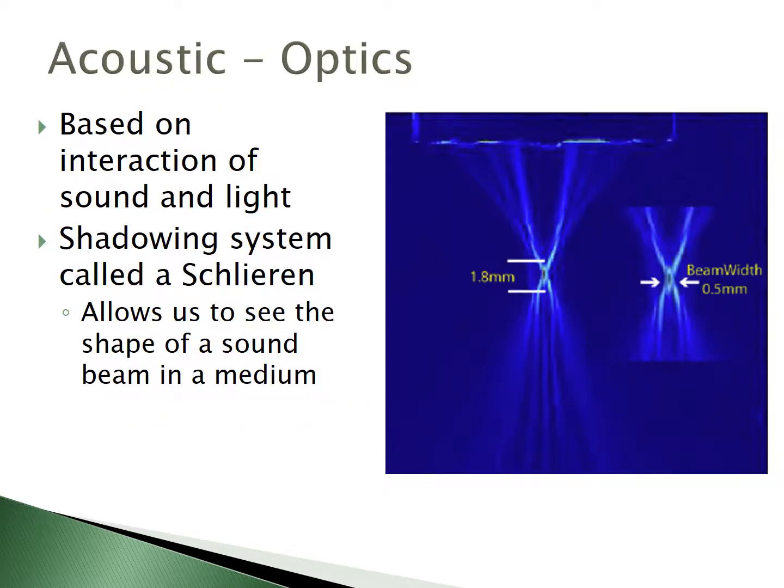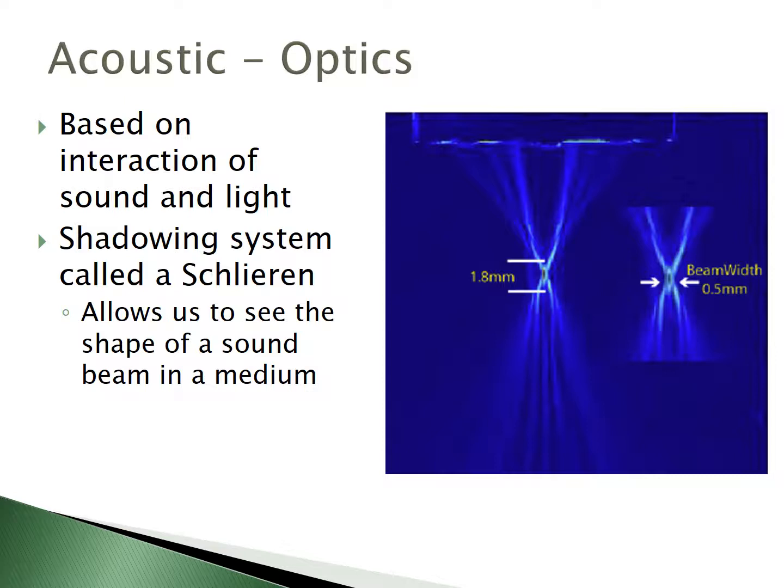The third way that we take a look at ultrasound pressure and intensities is acoustic optics. The idea behind that is that there is actually an interaction of sound and light when they interact with one another. The shadowing system is called a shielding, and because of that we can see a shadow of the sound beam. So kind of interesting, not used probably as commonly to test